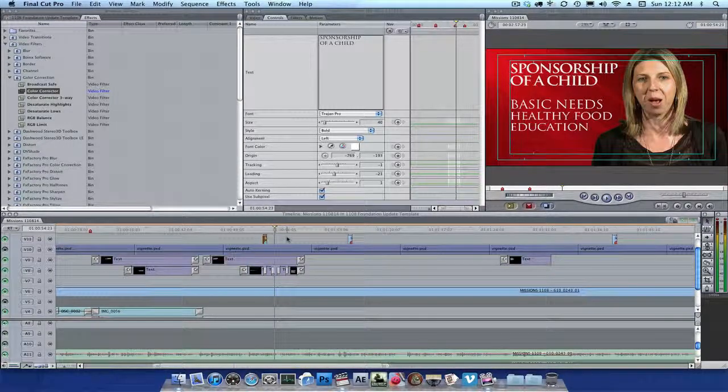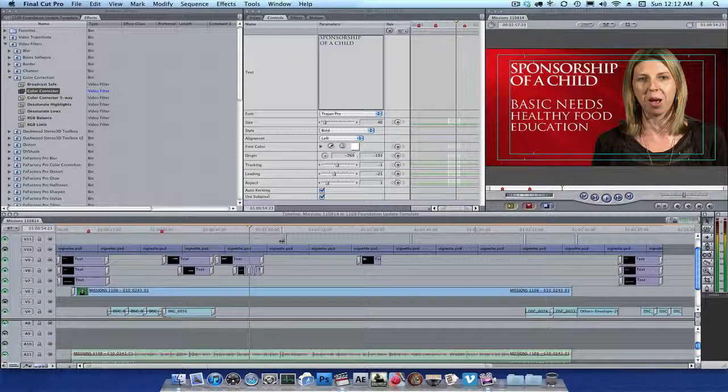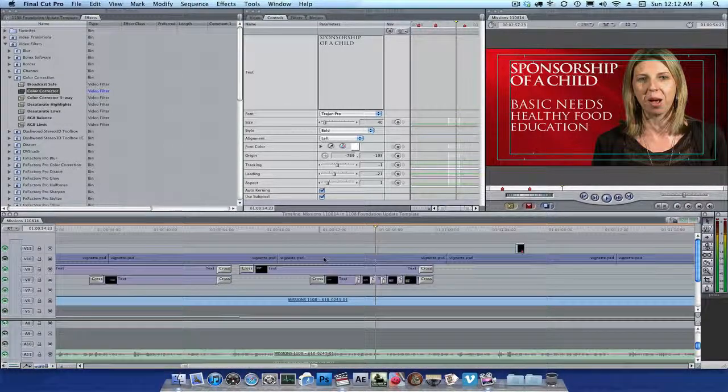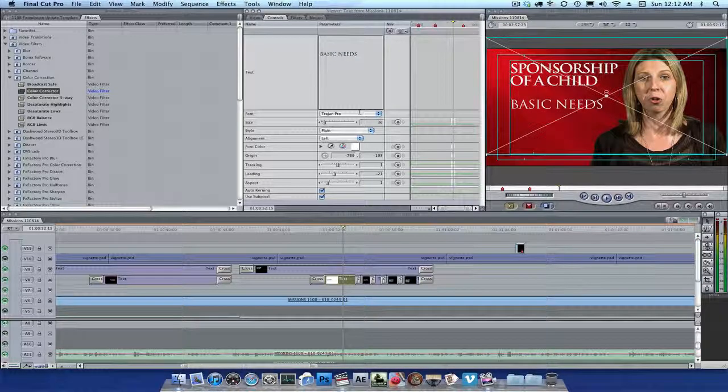Oops, we don't need that thing. That's a little sparkle. Okay, so we'll put in here